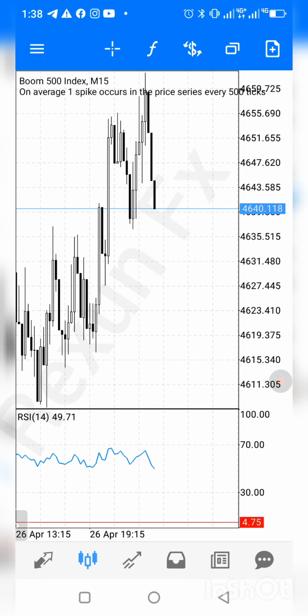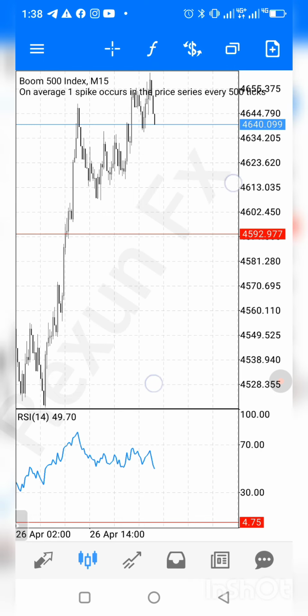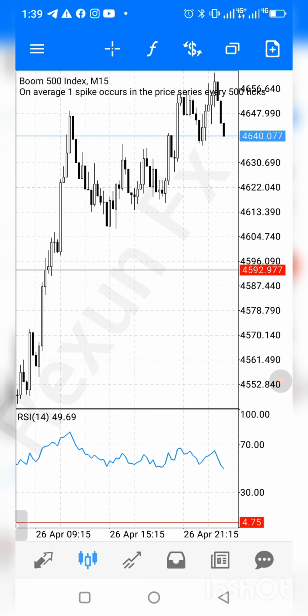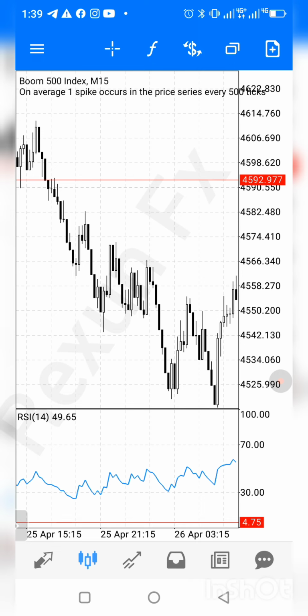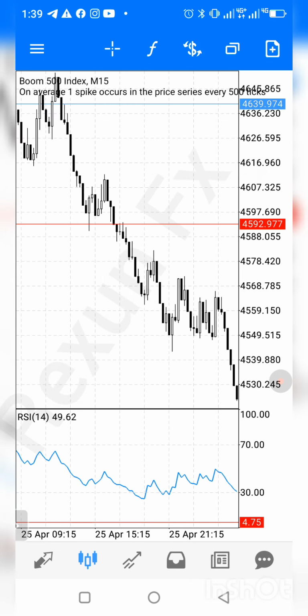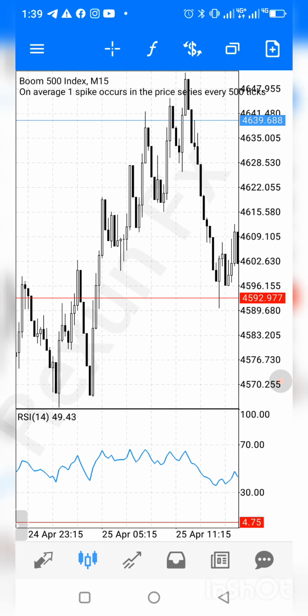So what I do in the 15-minute time frame is I try to check for good support points, right? Juicy support points. There are periods where Boom 500 will retest a major previous support point. Remember, we are trading spikes on Boom 500, which means we are looking to buy. So we are only going to buy around periods or points where we can ascertain that it's looking juicy to spike upwards. So we are looking to get